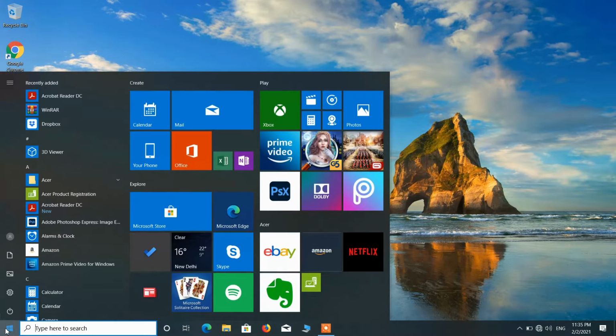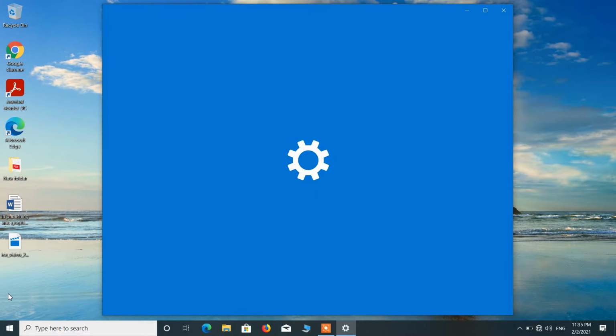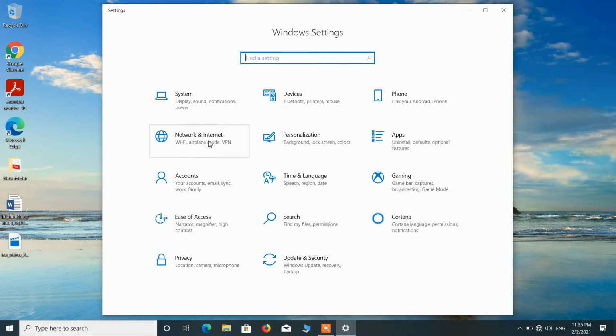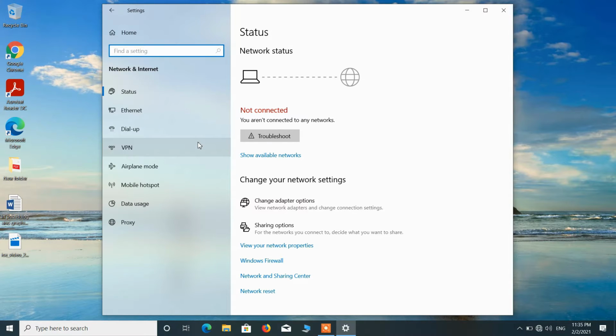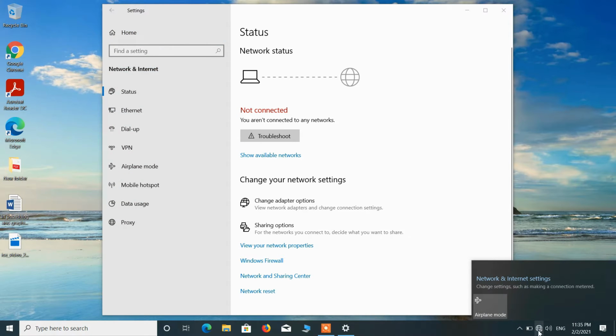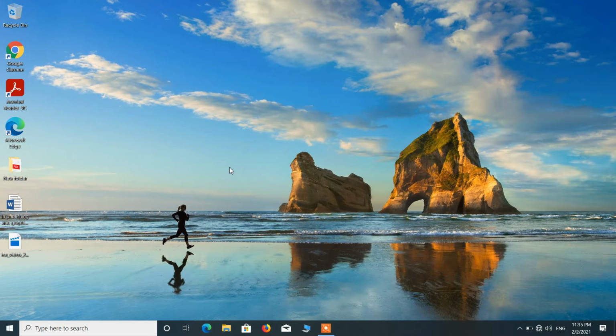Just click on the start button and then click on this settings option, and then click on this network and internet option. So you can clearly see that the Wi-Fi option is missing in this list, and you can see that the internet is also not connected. You can click on this Wi-Fi icon also, and you can see that it is not showing the networks. So if you're also facing this issue, then the way to resolve this issue is,